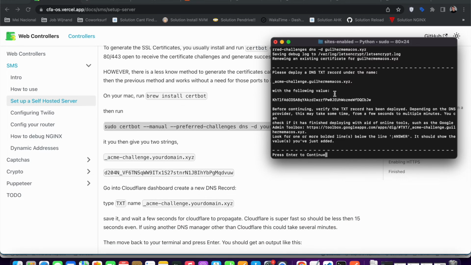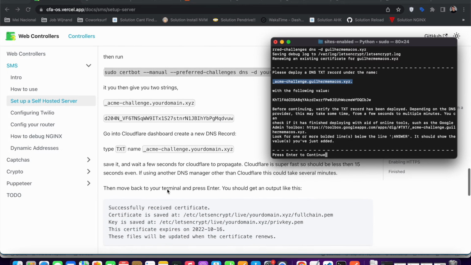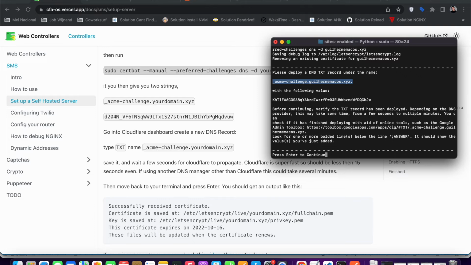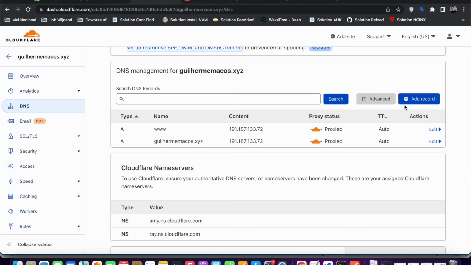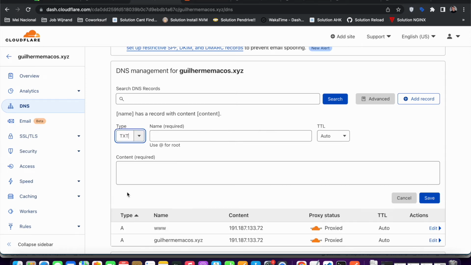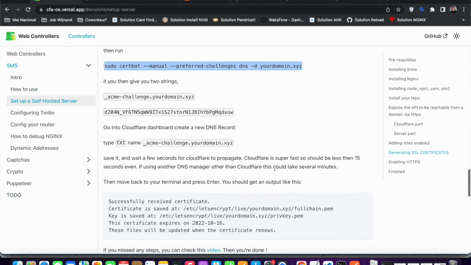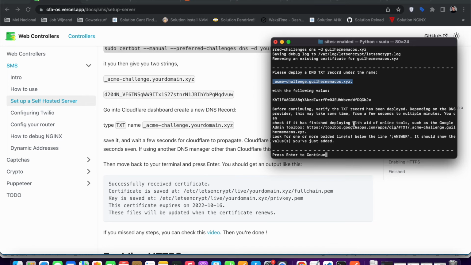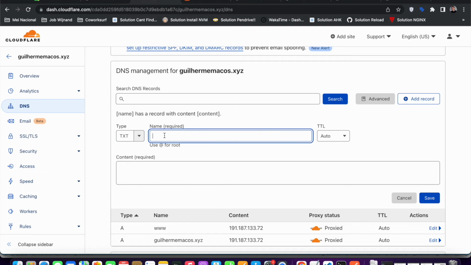You get two strings, right? One is this first string here, and then the value of the string. So you need to go to the Cloudflare dashboard and create a DNS record called TXT. So for example, I go here to the dashboard and then add a new record. The type here is TXT, and then the name of it should be this acme-challenge something. I'll just copy it, go back here, set it up,